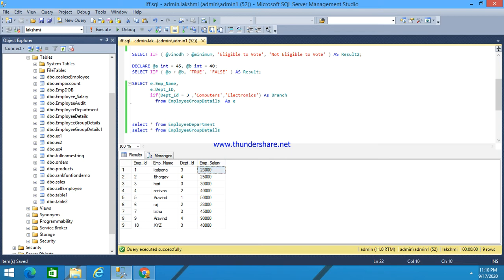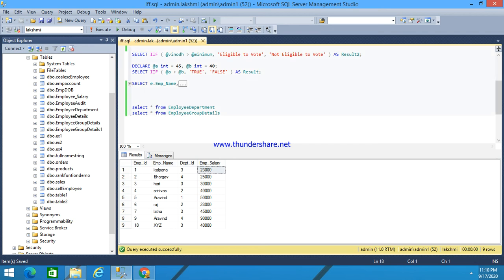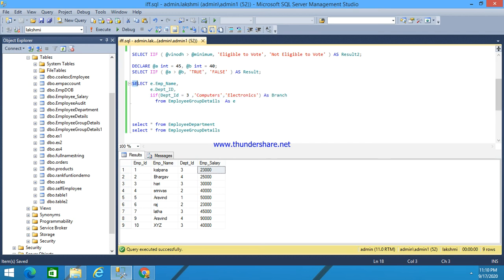For that, I have selected employee name, department ID, and the if condition I have given: if department ID is 3, it is computers, and the other one is electronics, as branch from employee group details. If I execute this statement, whichever employee has department ID 3, that branch is computers.